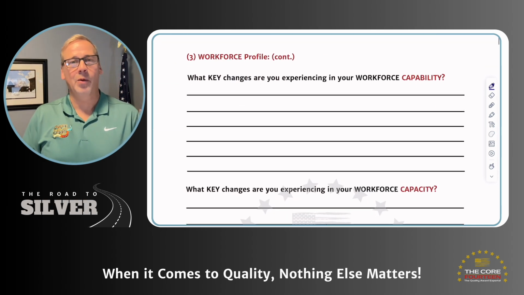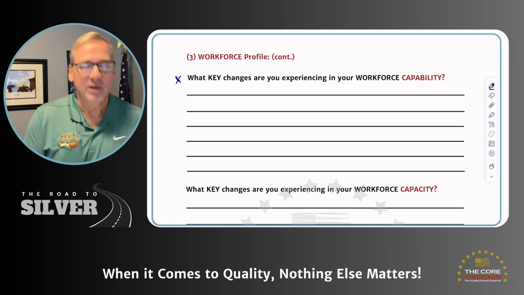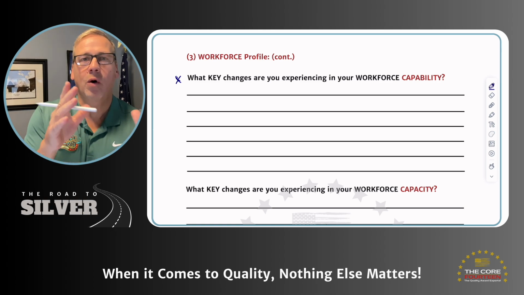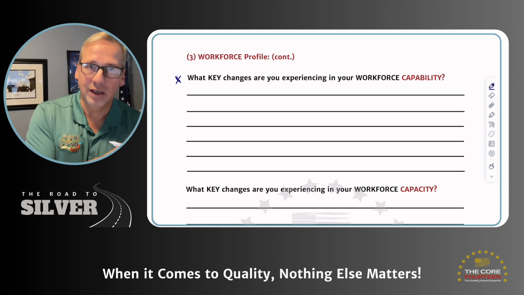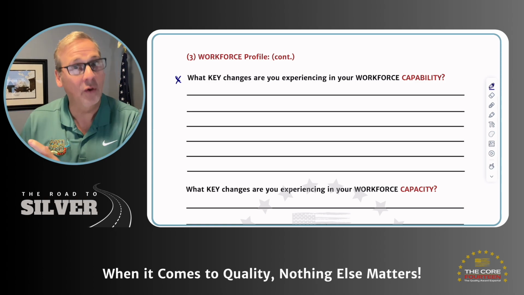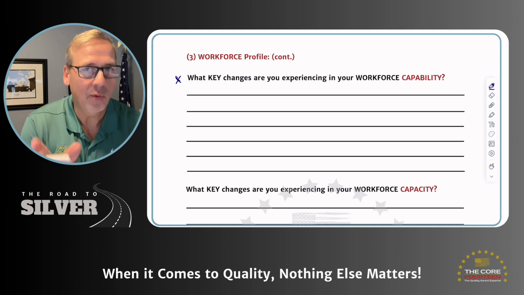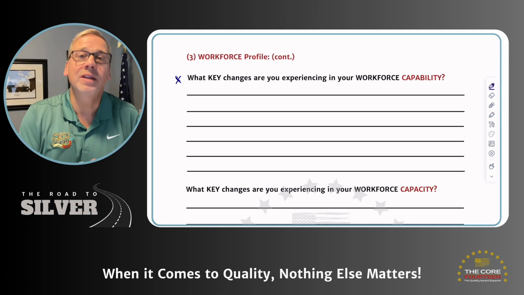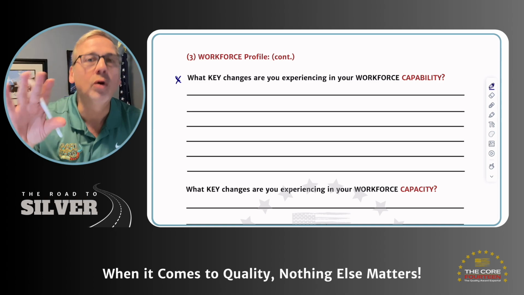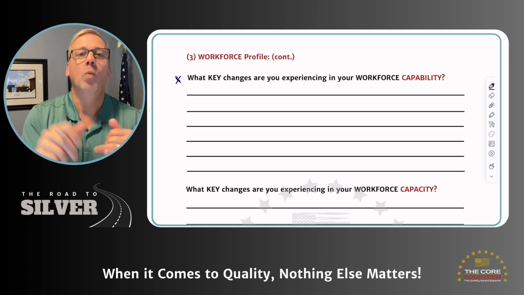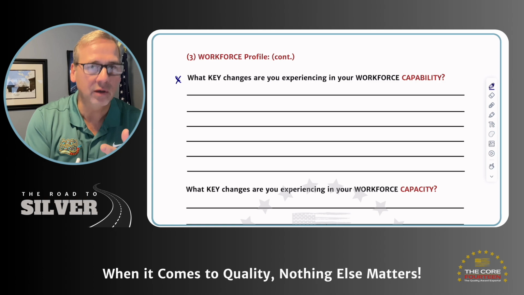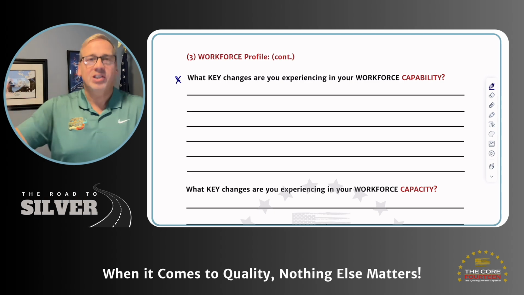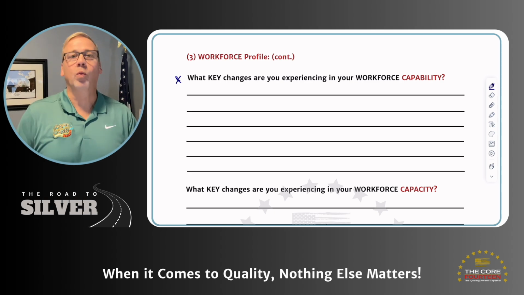These are the questions that I want to talk about here. Let me back up and say a couple of things. First and foremost, the whole intent behind the Silver Quality Award organizational profile, and at the Gold level, the organizational profile, the entire point of the organizational profile is to provide a window to the examiner, the reader, so that we can look in on your business and learn what you do, who you do it for, who your customers are, who your staffing is, who your vendors are, what changes, what's significant about your operation, what challenges you have,